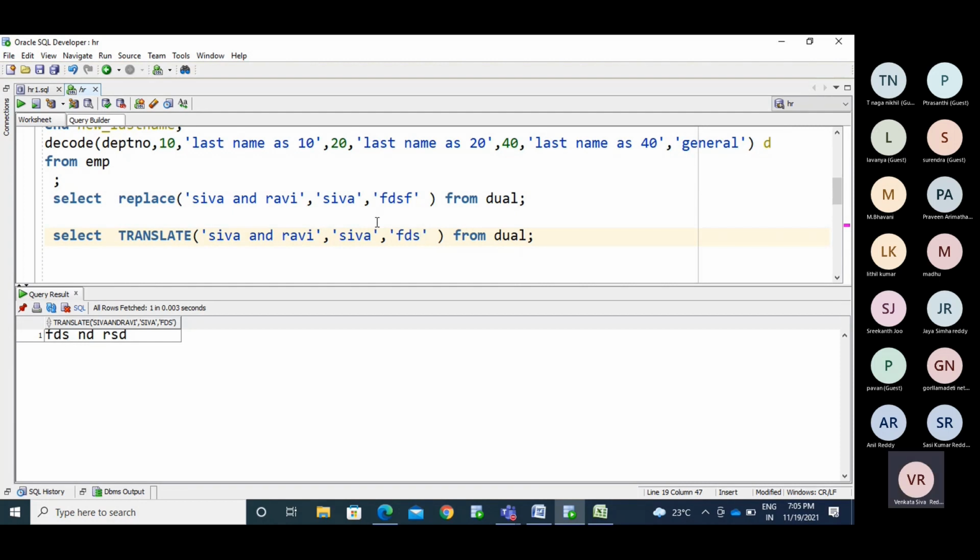Okay. So if you haven't mentioned a replacement value in the translate function, it becomes null, in the similar way. If you mention 4 characters, and in the translate value you haven't mentioned that many values, then however many values you mention, that many values it translates. The remaining values it makes null.